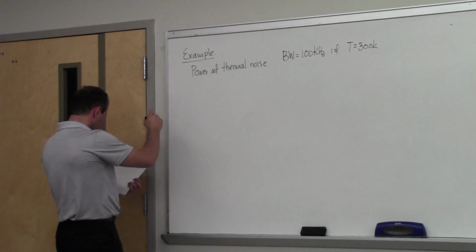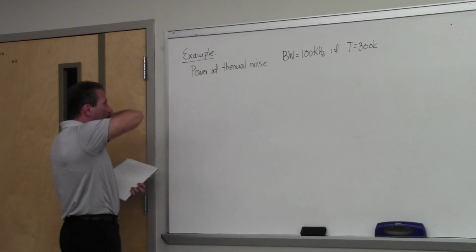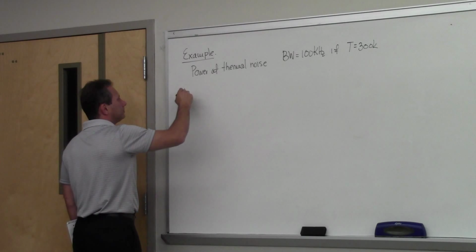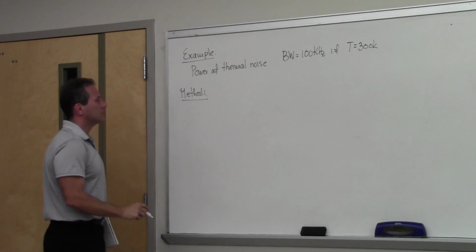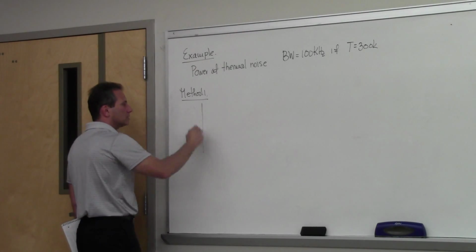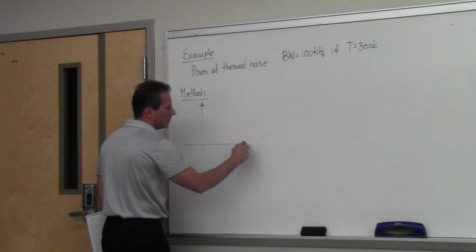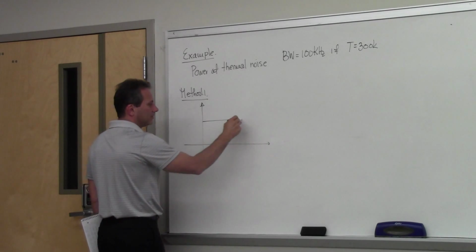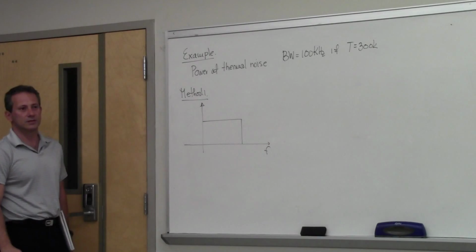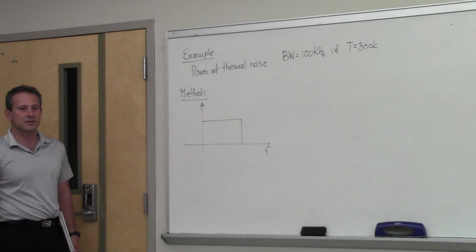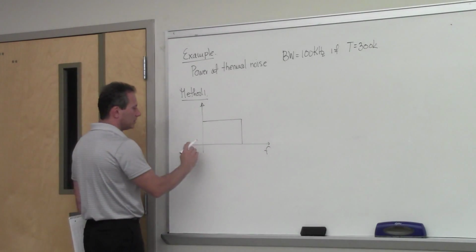So let me give you two methods. Method one is the one that I'm sure you're familiar with. Here's what we have: you have an ideal filter, and I'm just going to say F without specifying where this is. It may be low pass or band pass. The important thing here is that